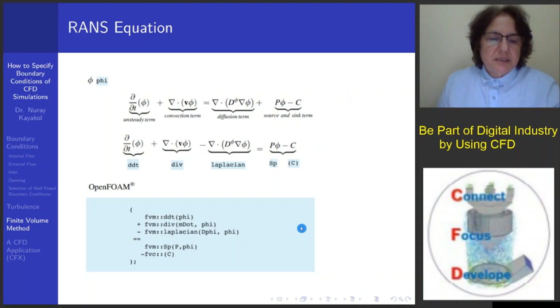So this screenshot is for OpenFOAM. This is our transport equation: the first term, the unsteady term, the convection term, then next, this is also known as the advection term. On the right hand side we have the diffusion term and source term. So our variable is phi here. It could be